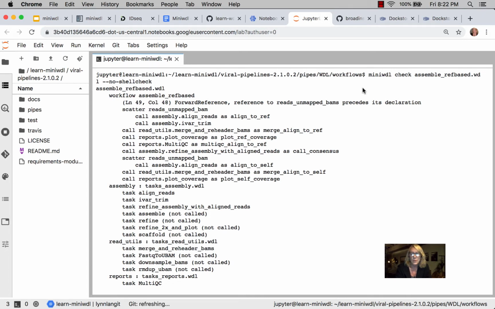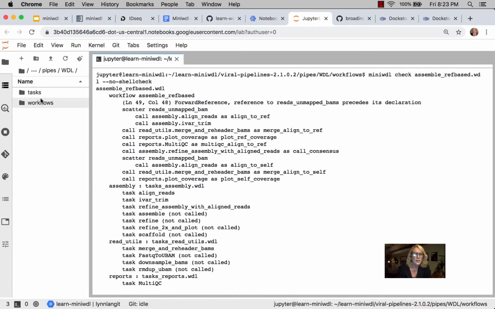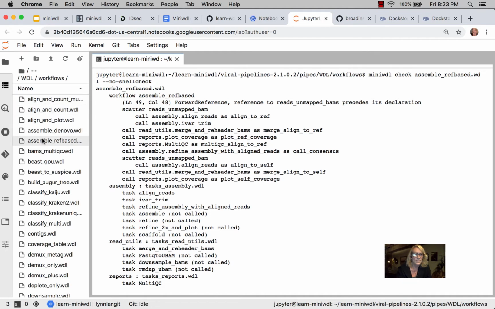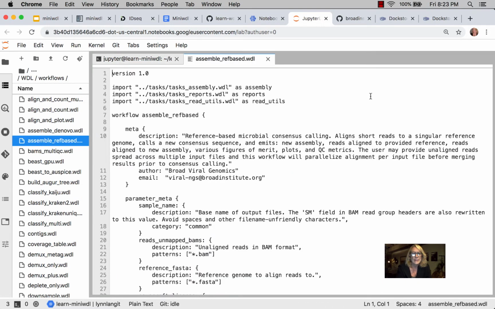Something new here is that in longer WDL files, there is what's called a top-level workflow, which has calls to defined WDL tasks that are defined in separate WDL files. The directory structure should give you a clue on this. There's a directory for WDL workflows and a separate directory for WDL tasks. If we go into pipes and WDL, you can see we have tasks and workflows. If we go into assemble_ref_based and open that up, in lines 3, 4, and 5,